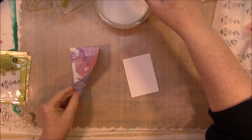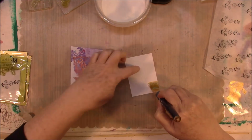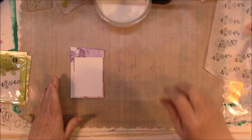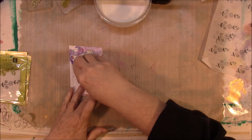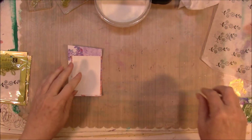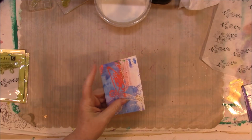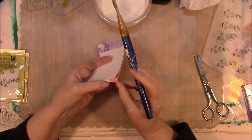Okay, let me see here. Can you see where I'm at? Turn it over and for some reason that corner does not want to stick, so